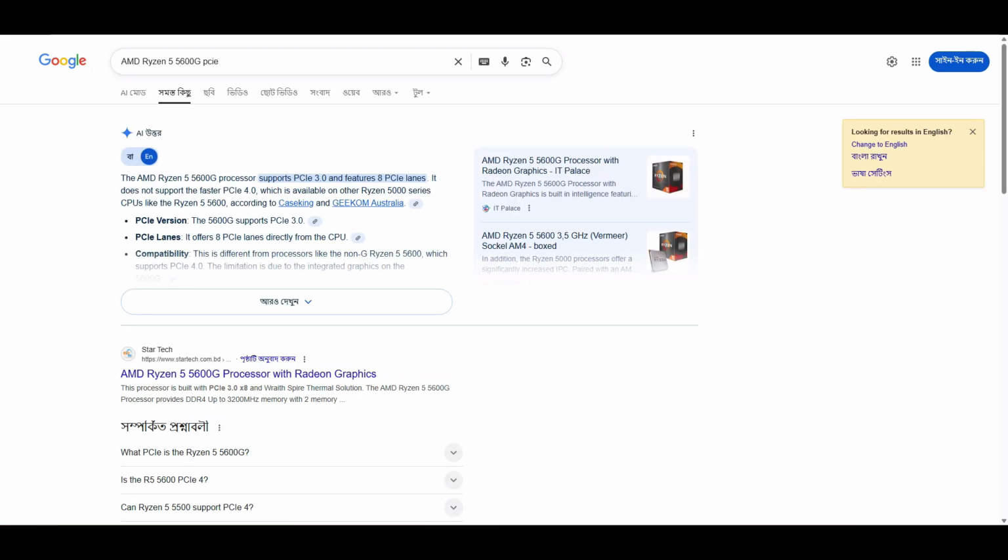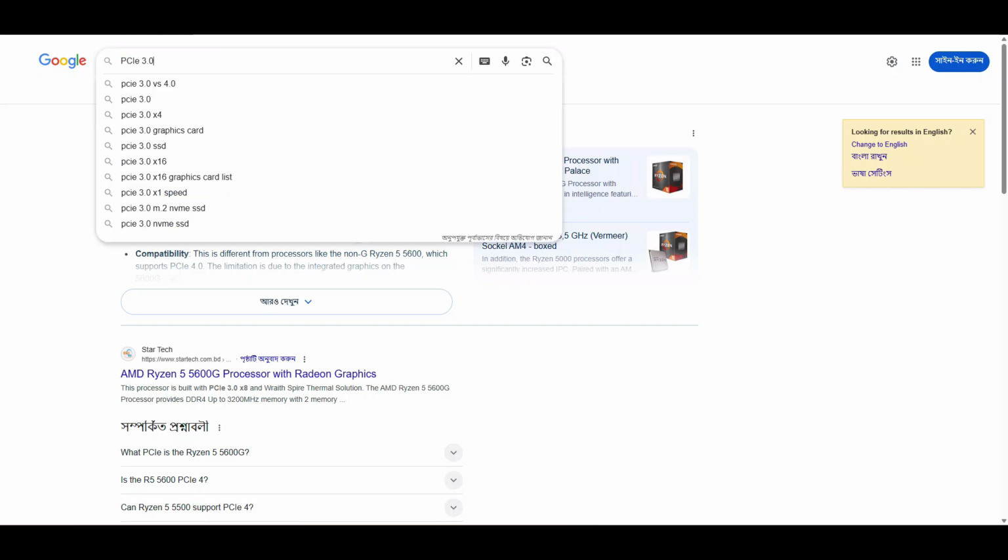Oh yes, this is PCI 3. If you see PCI 3 and you are using a build with Gen 5, there would be a little bit of performance difference between PCI 5 versus